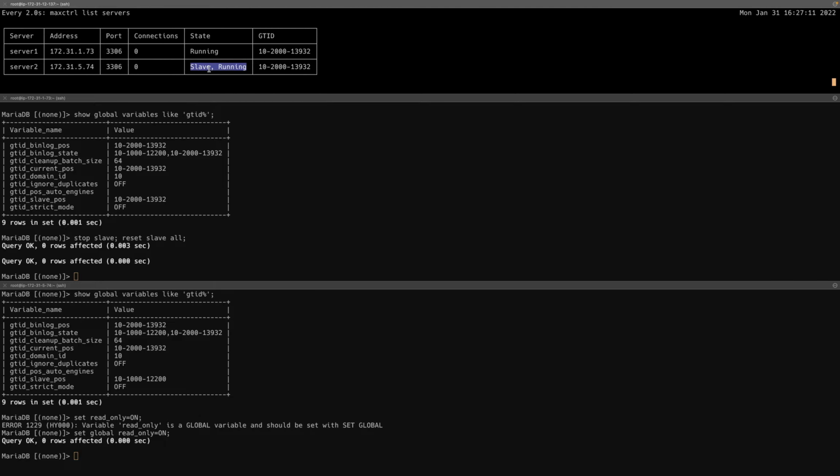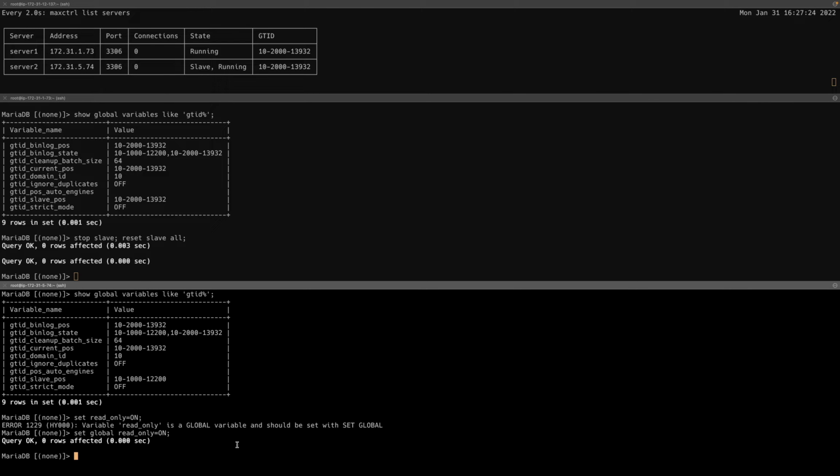Right? So it's not currently pointing to any other server, but MaxScale knows that this is going to be a slave node. So we need to promote this server as a master. So as soon as we do that, this slave will be pointing to that particular node. So what we are going to do is we are going to say,